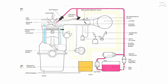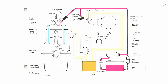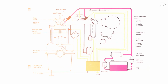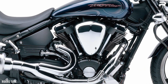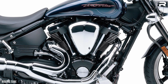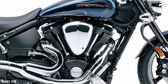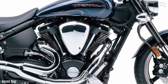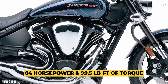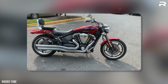Fuel delivery came from a twin-bore Bosch electronic injection system, replacing conventional carburetors and ensuring smoother throttle response. The engine also featured ceramic composite bore plating for better heat management, forged pistons for durability, and a 4-valve head with twin spark plugs per cylinder for efficient combustion. Together, these upgrades pushed output to 84 horsepower and 99.5 pound-feet of torque, making it one of the most muscular